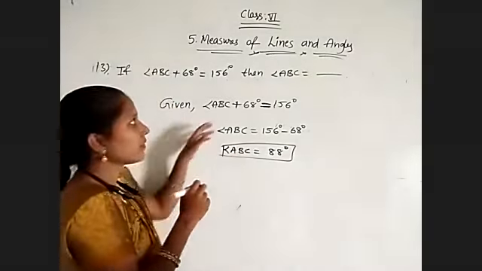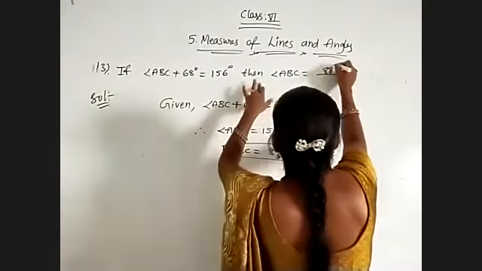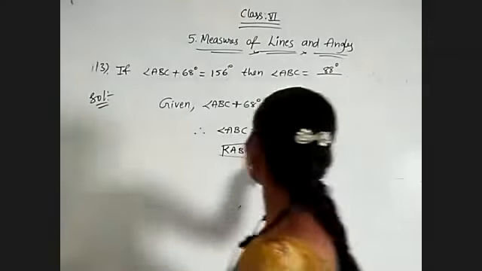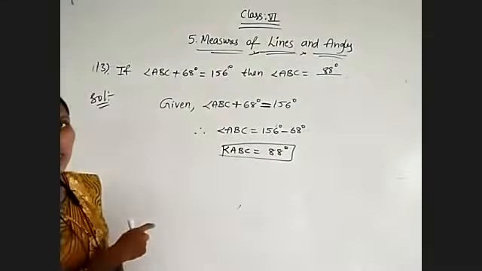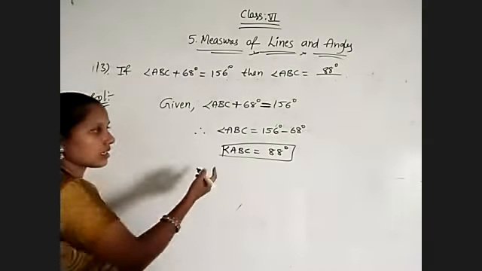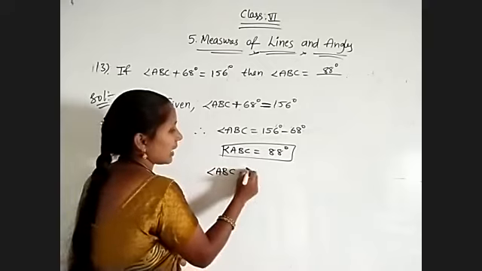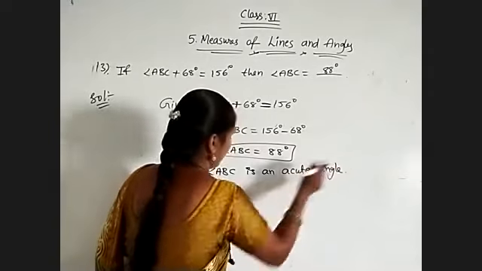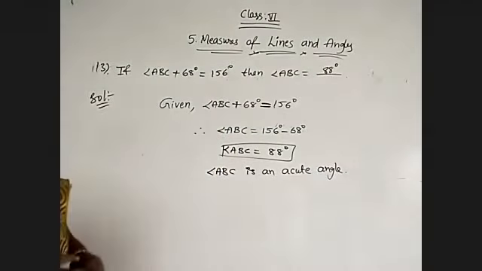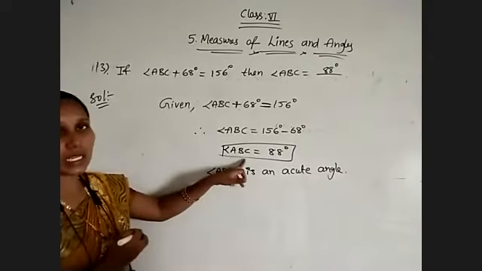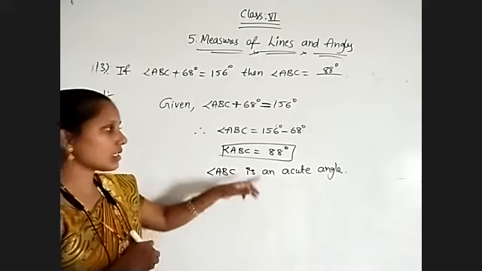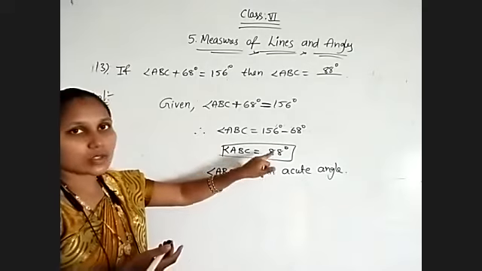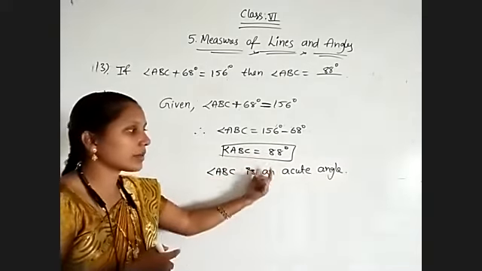So if they are asking for angle ABC, it is equal to 88 degrees, and the answer is over till here. But if they are asking which type of angle, 88 degrees is lesser than 90, between 0 and 90, yes or no? Because it is less than 90, it is termed an acute angle. Angle ABC is an acute angle. I hope you understood. If they are asking for the measurement, the answer is over till here. If they are asking which type of angle, only after getting the measurement can we say which type it is. Here I got 88, which is lesser than 90, and lesser than 90 means acute angle.